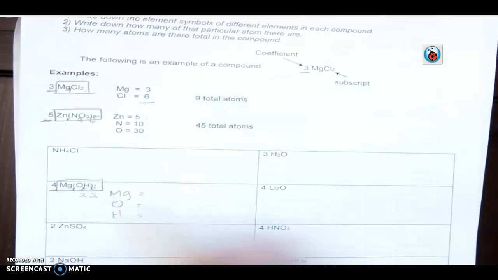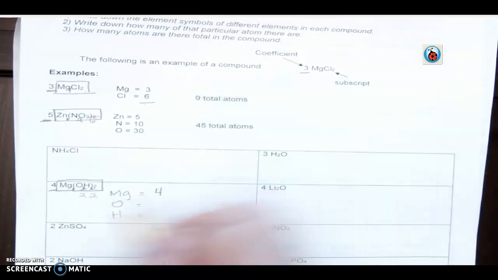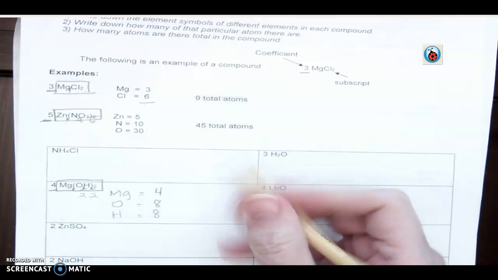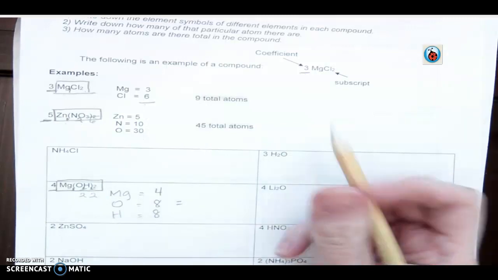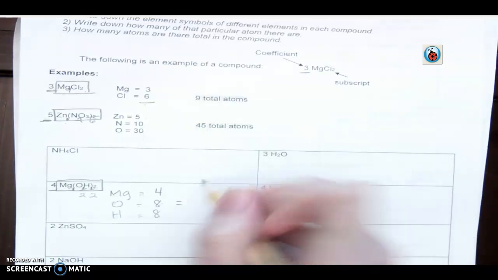Now I'm going to multiply it by the coefficient of 4 in the front. So 4 times 1 is 4. 4 times 2 is 8. 4 times 2 is 8. Now I'm going to add those together to get a total number of atoms. 8 plus 8 is 16 plus 4, so I've got